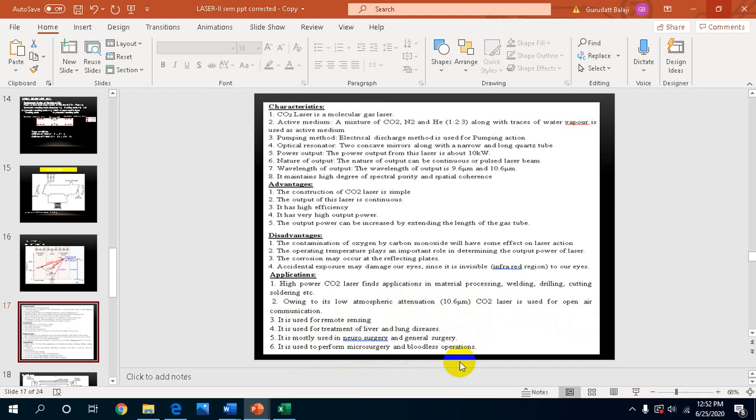So this is the information about the CO2 laser. Next we will learn about